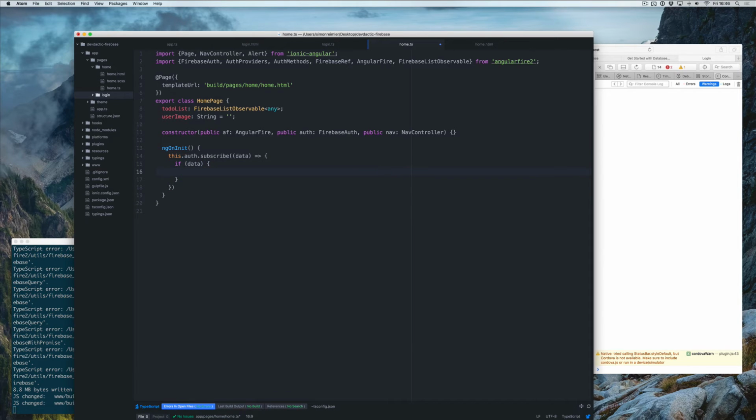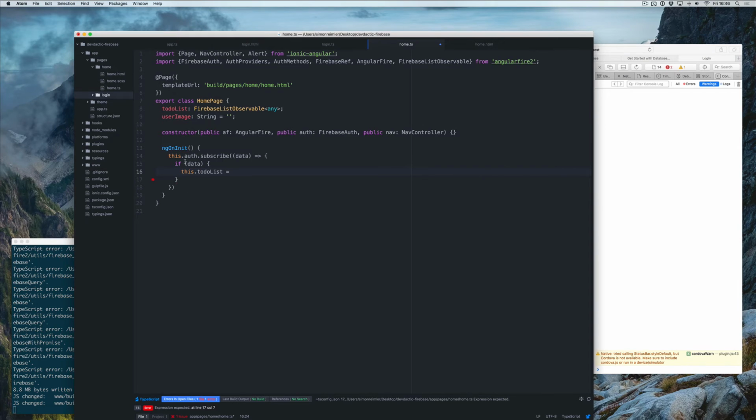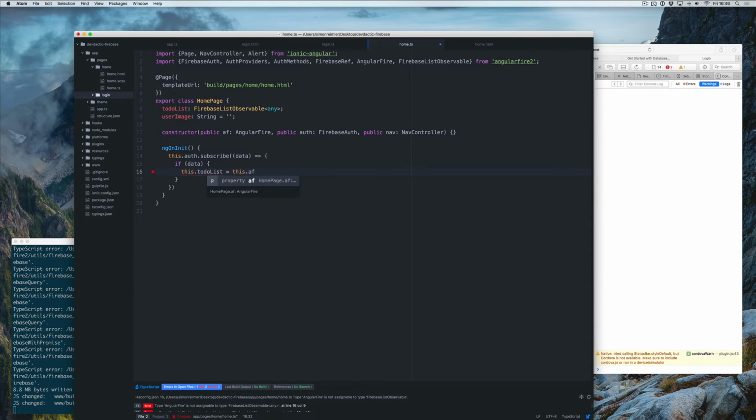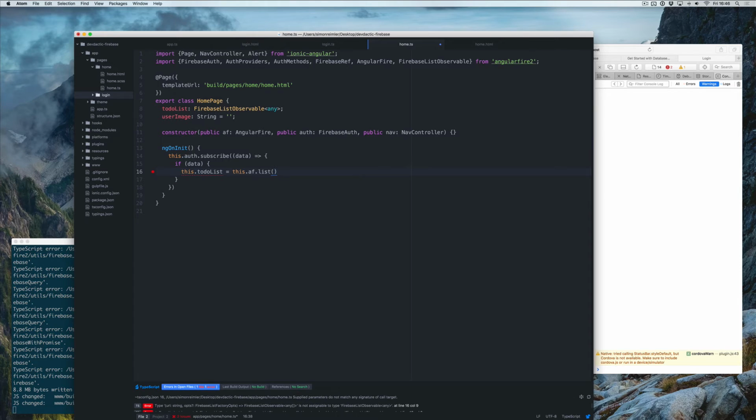Only in that case we actually fill our to-do list. So you might think we should definitely be logged in on the home screen, but there could be cases where I could directly go to the home screen and I wouldn't be logged in. So this is to make sure we're really logged in. So the to-do list now equals our reference to Angular Fire, and we want a list of objects from the to-do list bucket,